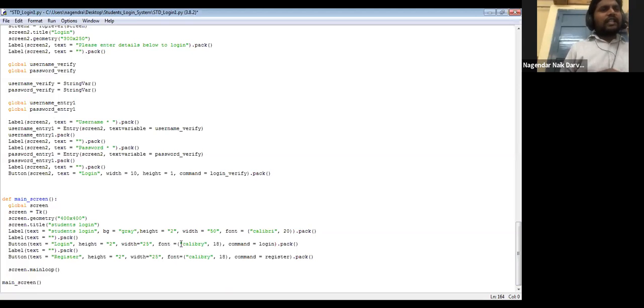Once one window is created, there are two buttons in this window. When you push register or when you press login, these two things need to take you somewhere else. So how can that be done? With the command. When you press on register, on that line only command register. So when you press register, it needs to take you to the register window. When you press login, it needs to take you to the login window, right? And here this and this need not be the same.